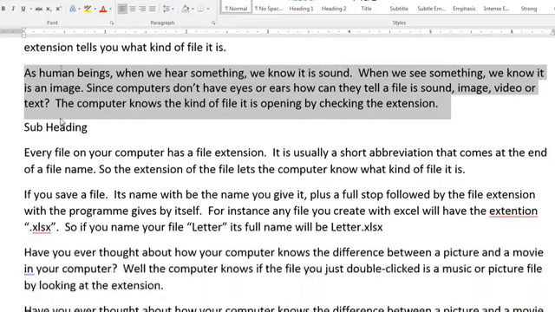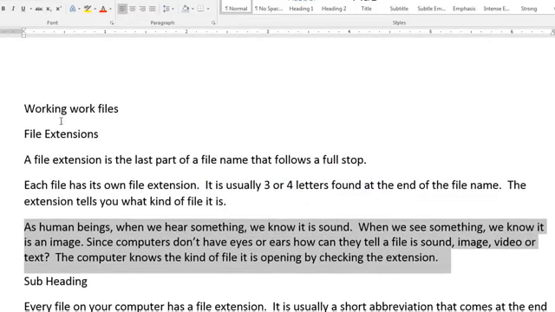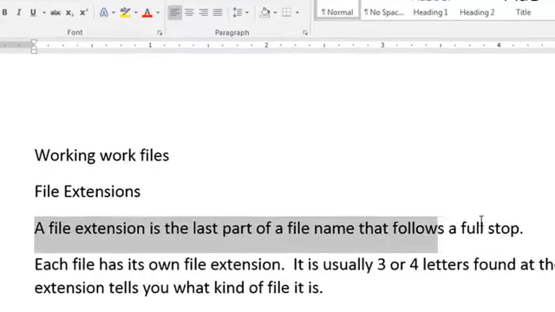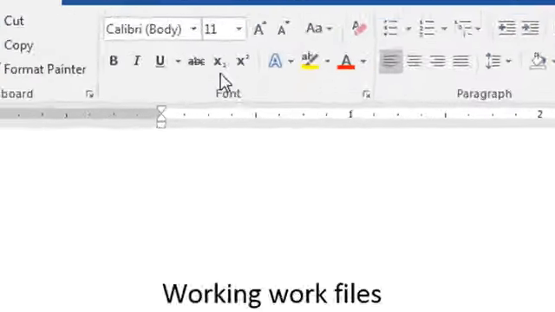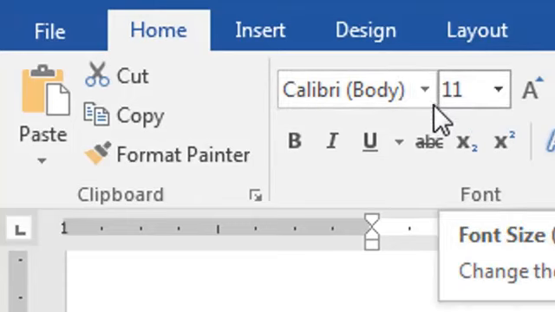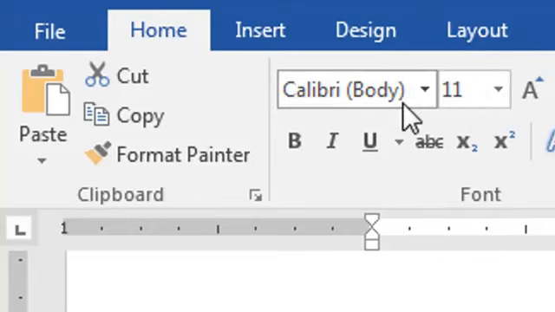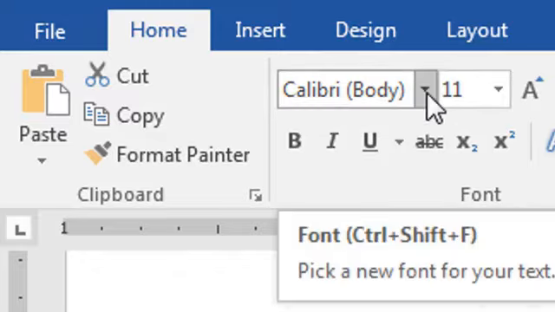Now, when you have selected the text, you then decide what exactly you want to do with it. So I've selected this text. Let's select this one here. What do I want to do with it? First of all, I want to change the font. To change the font, I go up here in the Home tab and the font group. So I click on the text button and then I